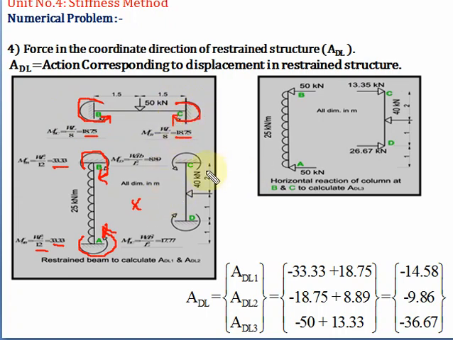Now we'll find the fixed moment in members CD and DC. Here the point load is 40 kilonewton. The load is not acting at the center. It is at 2 meter from support C and 1 meter from support D. Now the load is towards the left. So the fixed moment in member CD will be in this way, and the fixed moment in member DC will act like this. So it will counterbalance the given load.